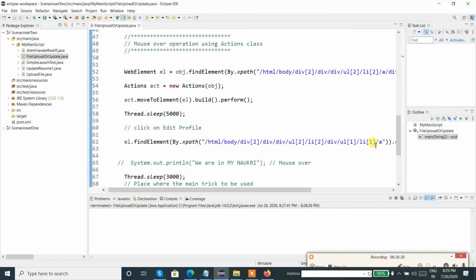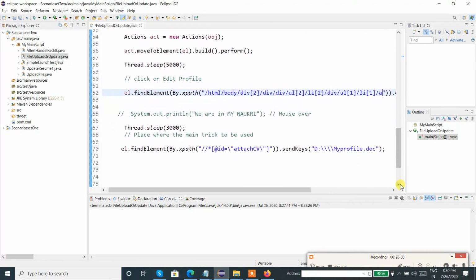Yes, we captured the edit profile XPath.